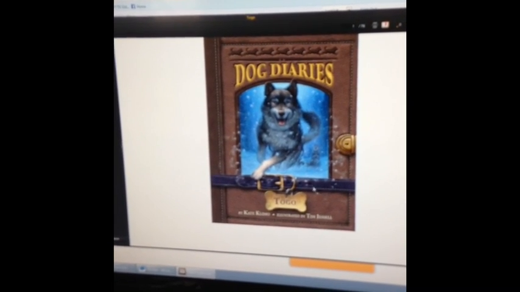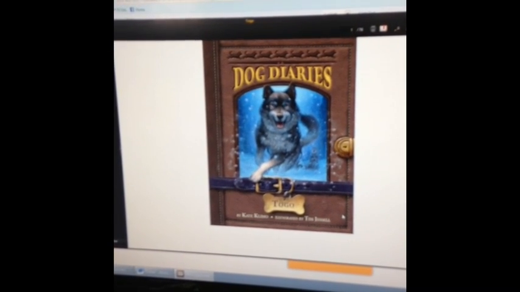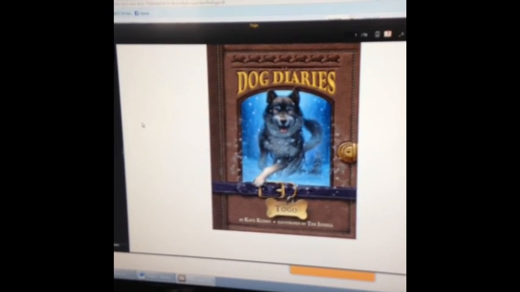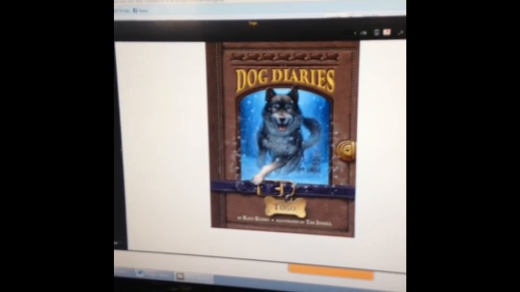And from here you can read it on the screen, but what we're going to do today is download it to an e-reader. So I'm going to click on my library view and find the book here, which is called Togo. So here it is. So I'm going to click on the title and highlight it, and then you will see